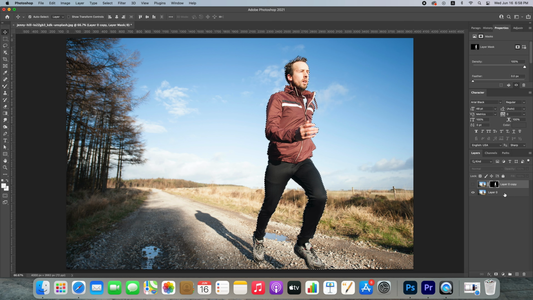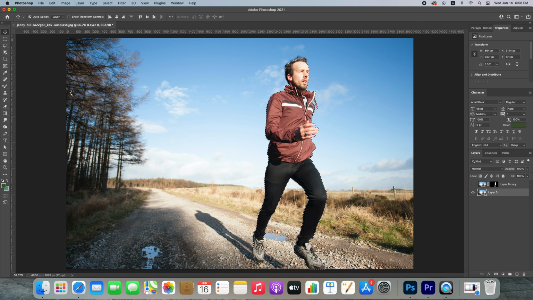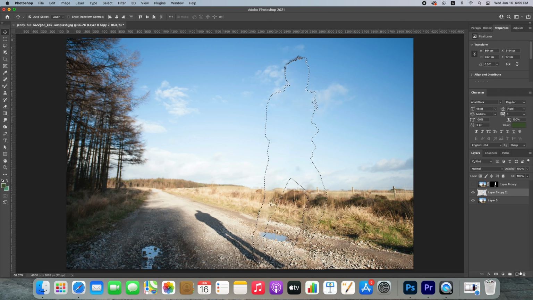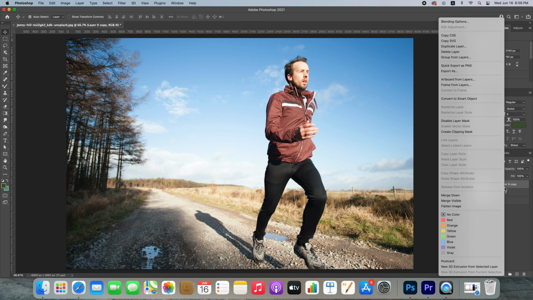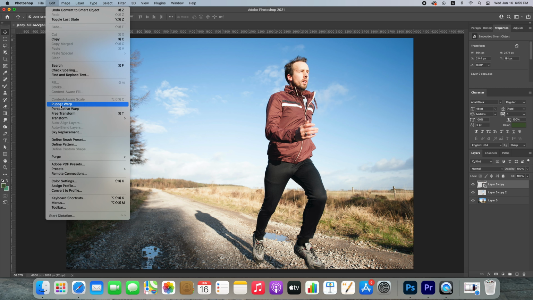So now select the lower layer, go to Edit and select Content Aware Fill. And this upper layer, convert to Smart Object. So again go to Edit and from here select Puppet Warp.